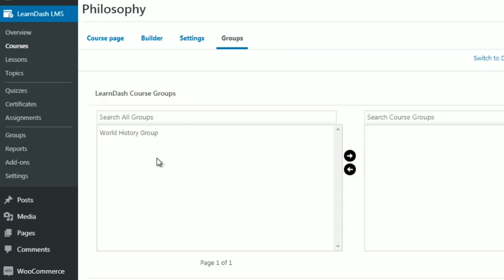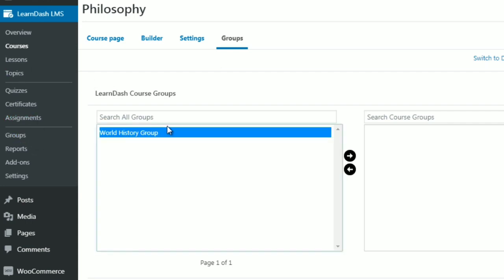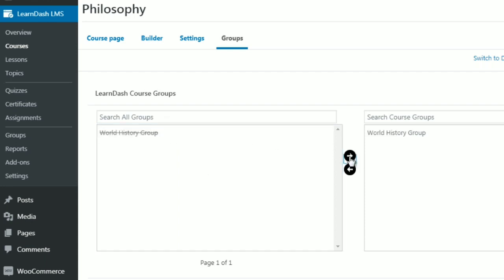And we've got groups. What's nice about this is you can create groups. So as you can see here, I've created the world history group, and you can say, okay, the world history group over here has access to this course. So anybody who's taking this course is automatically dumped into this particular group. So maybe you have one group that encompasses lots of different courses, or if you want to have an individual separate group for every single one of your courses, you can do that as well. So now that you have a brief overview,